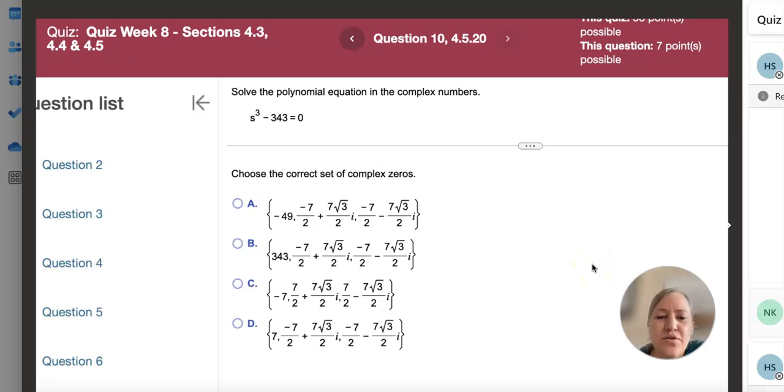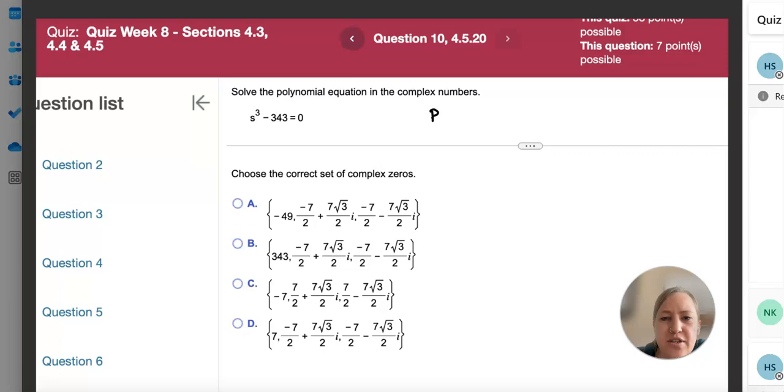Hey guys, so I wanted to go through a problem that showed up on the quiz for quiz week 8. That was a little bit more complicated, and so I wanted to go through it. It was question number 10, and you're asked to solve the polynomial equation in the complex numbers. So in my case, I'm given s cubed minus 343 equals 0, where the first thing you need to do